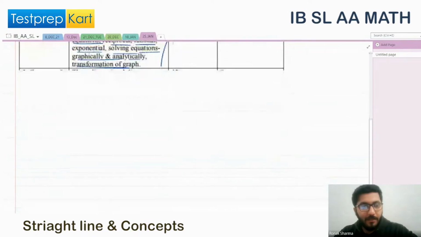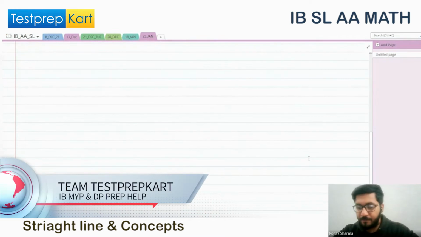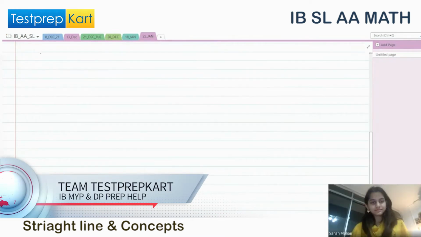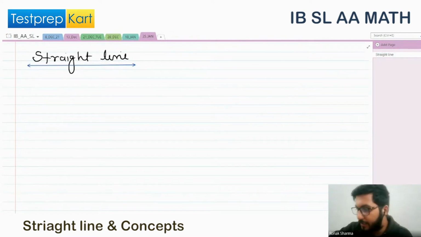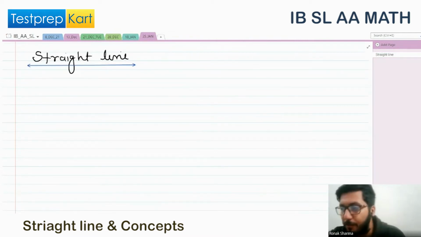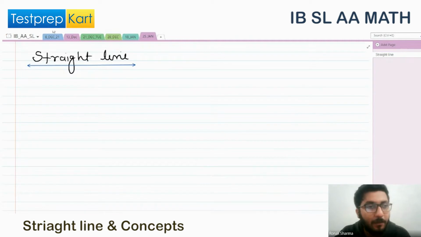But let us start with today's topic, that is the straight line. See, if we go for straight line, first of all, I'm going to tell you what is straight line. The thing is that rather than directly going up to the graph part, I'm going to tell you one very basic thing. What is that? You must have heard of this term, linear equation,